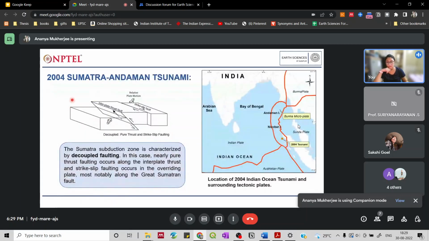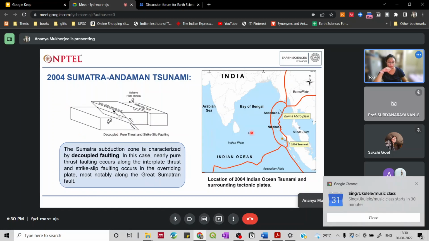When we talk about the Sumatra and Andaman tsunami, there were two different kinds of faults along which the displacement took place, which caused such a huge magnitude earthquake. As you can see, this area is a reverse fault, that is called a thrust fault, and this happened within, suppose this entire thing was one tectonic plate. You can see over here,